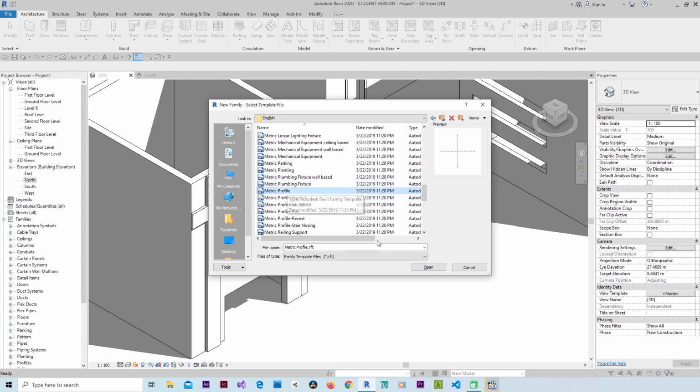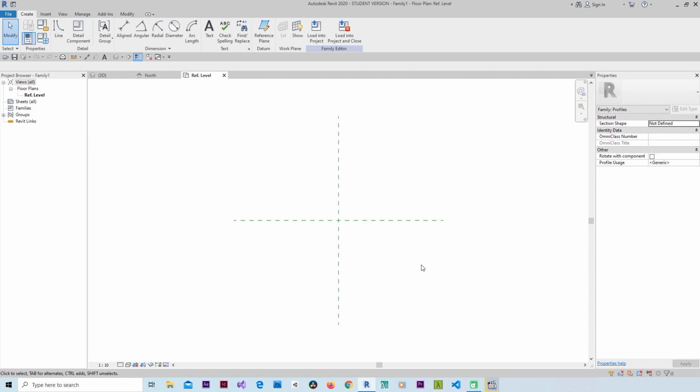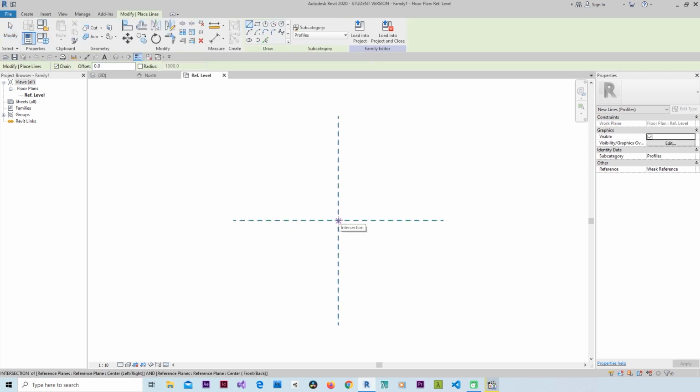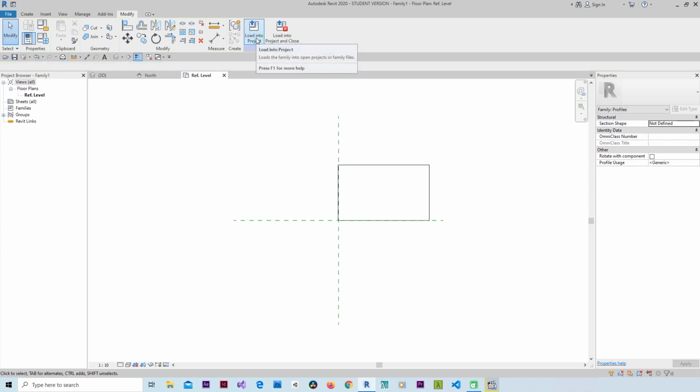So I will open a metric profile. If I want to make a profile, I will start here, and this will be my 0. It will be stuck with the wall which I have. I will put the profile on it. So I will go to Line from here, create line. I have to draw a closed profile, so I will start from this point and this point and this point, and I will close my profile here. I can make Load into Project or save it first. So I will save